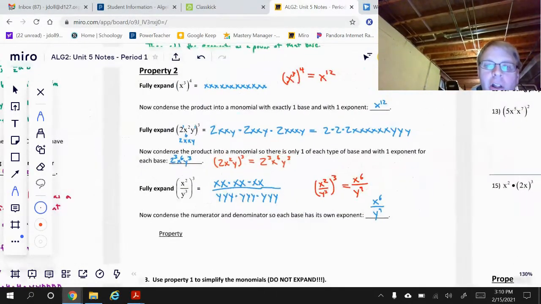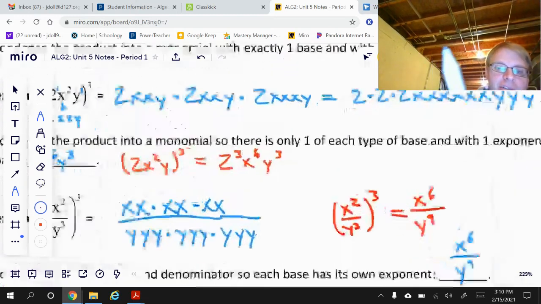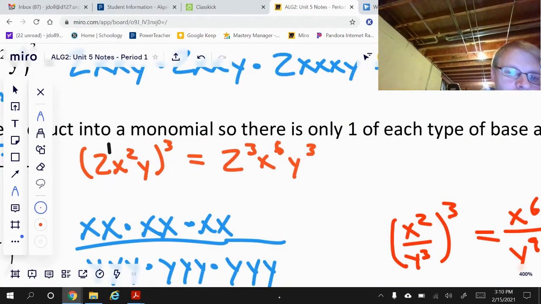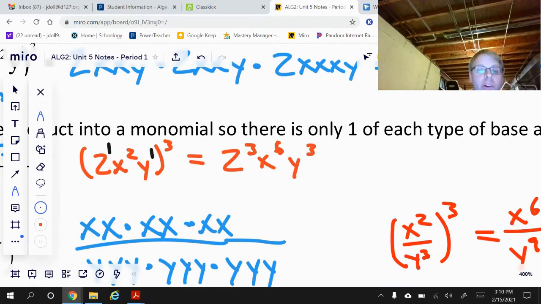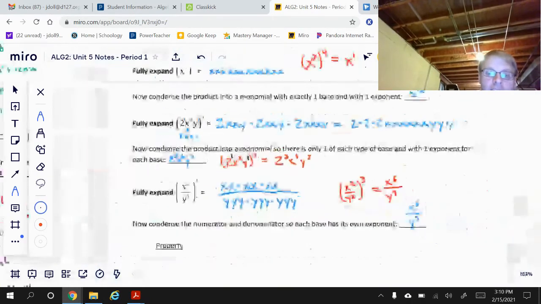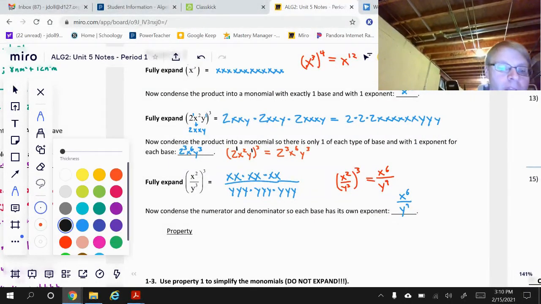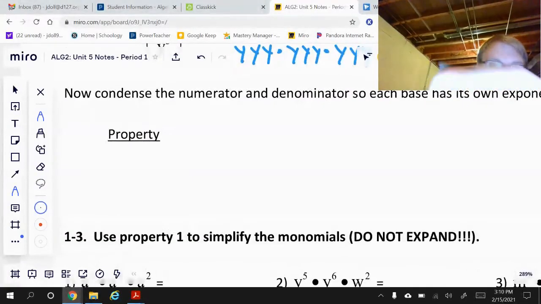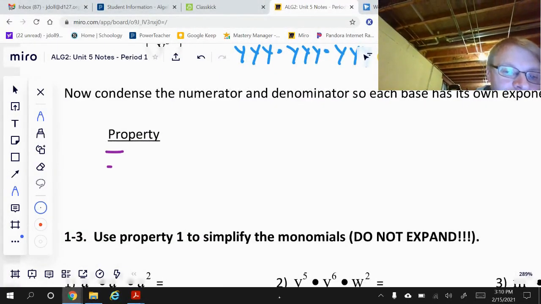What we notice in all of these examples is that there are parentheses, there is an exponent outside the parentheses, and there are exponents inside the parentheses. Do not forget that even in this example here, the 2 and the y both have an exponent of 1, our ninja exponent. So hopefully you did not forget that as we were working up to this point with our property. So the property here would state if